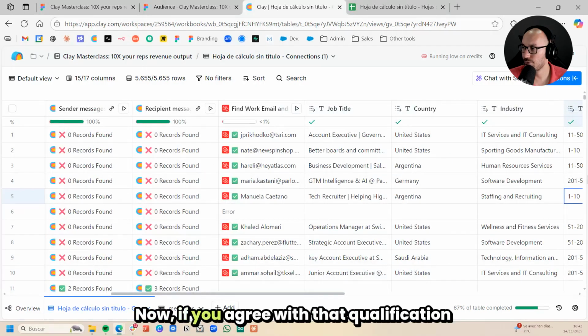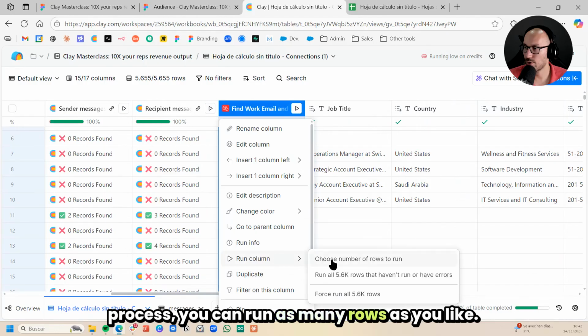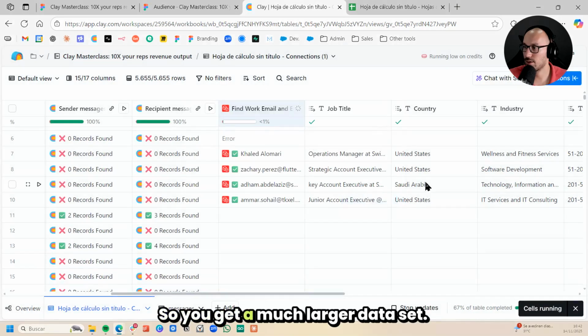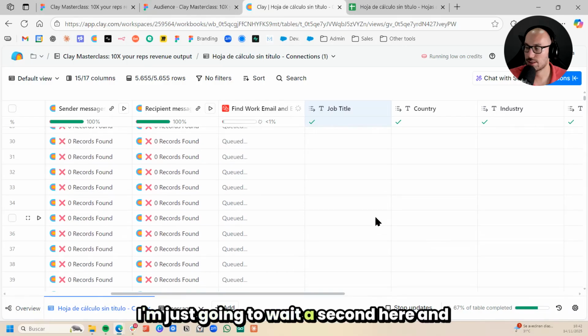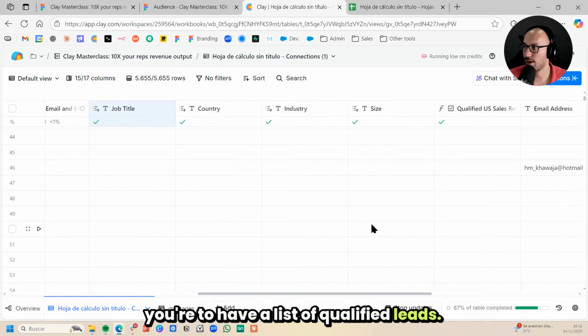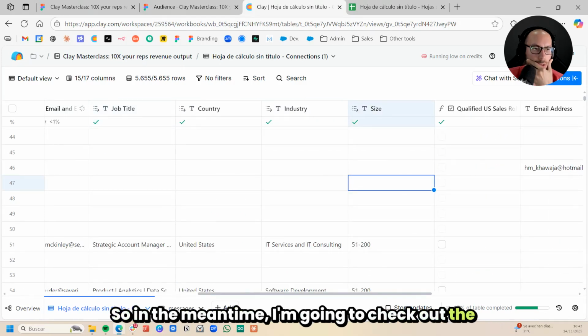Now, if you agree with that qualification process, you can run as many rows as you like. Let's run 200 rows, starting from row 11. So you get a much larger data set. And wait a second here, and you're gonna have a list of qualified leads. In the meantime, I'm gonna check out